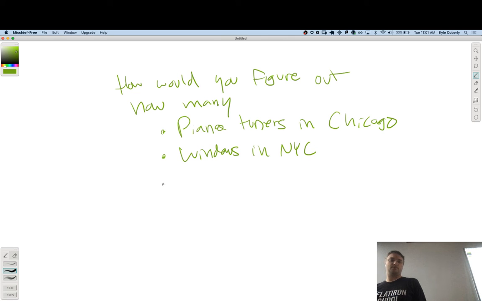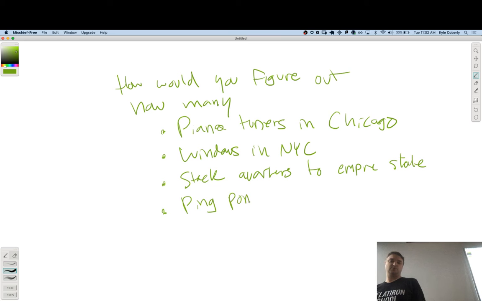There's one with quarters, right? It's like how many quarters to the height of that really tall building? Empire State? Yeah. Stack quarters to Empire State. That one's pretty easy. It's the exact same kind of problem. One I've used before is like, how many ping pong balls fit in this room? So this is the kind of thing where it's like, give me the volume of this room and the volume of the ping pong ball, and okay.